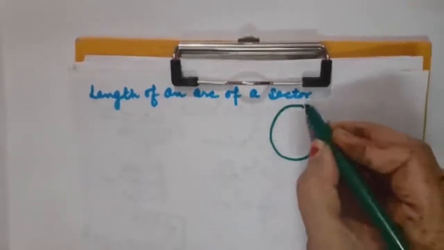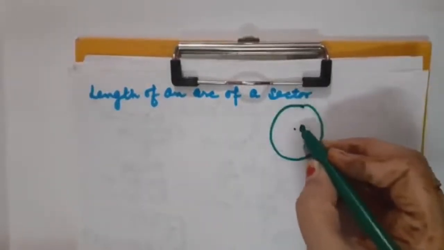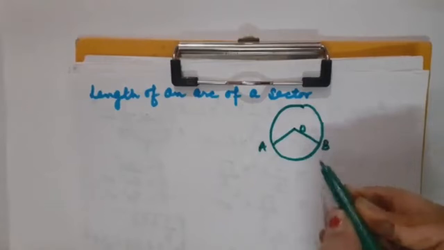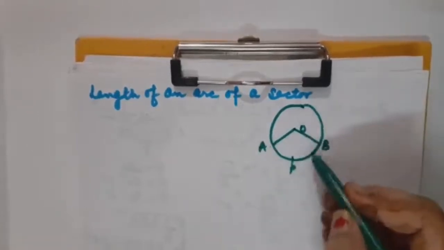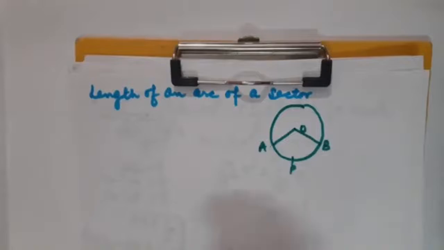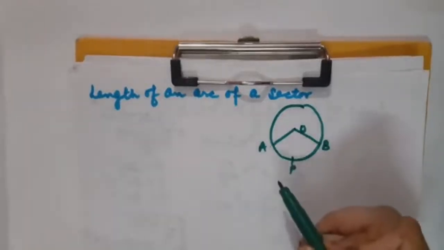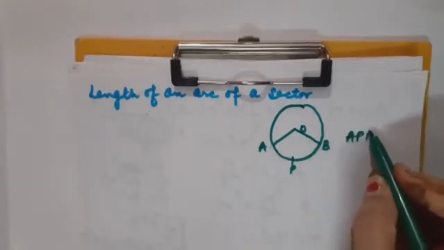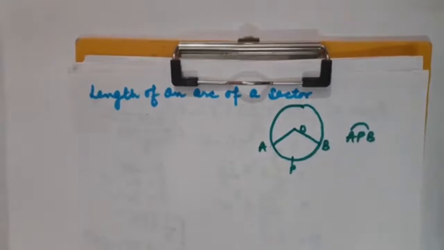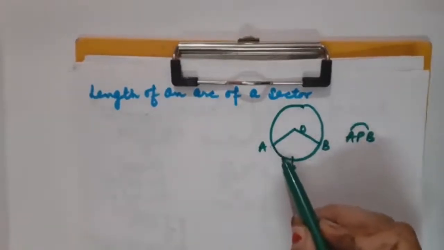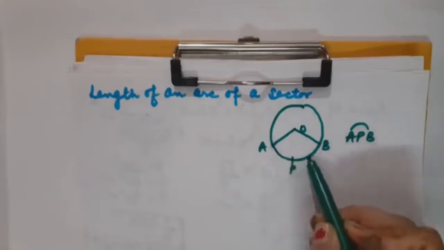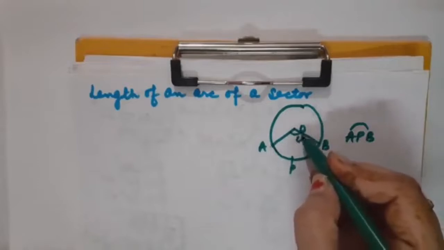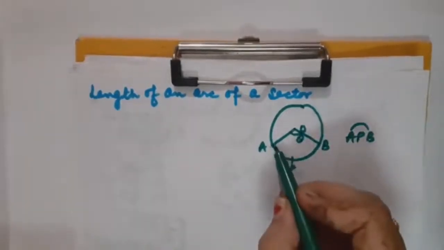For example, look here, this is a circle. You can see that this is a sector. AOBPA, this is the complete sector, correct? Now can you tell me what the corresponding arc to this sector is? Yes, this is APB. And the symbol of arc is this, you know. So we will have to calculate the length of the arc of the corresponding sector. Correct? So definitely there will be some angle theta. Clear? Here I am going to join it.